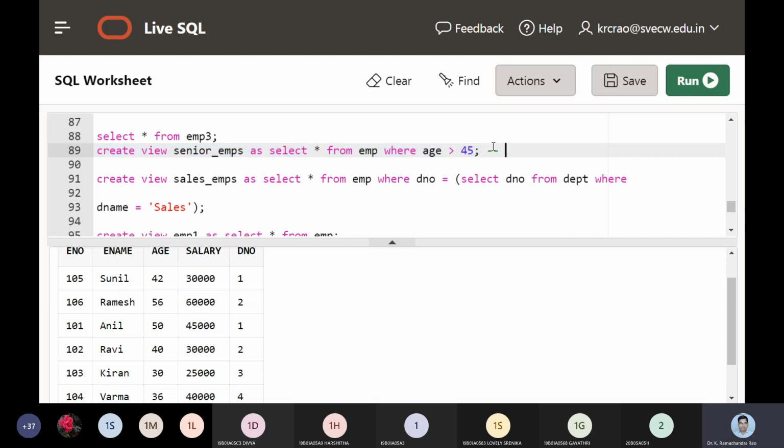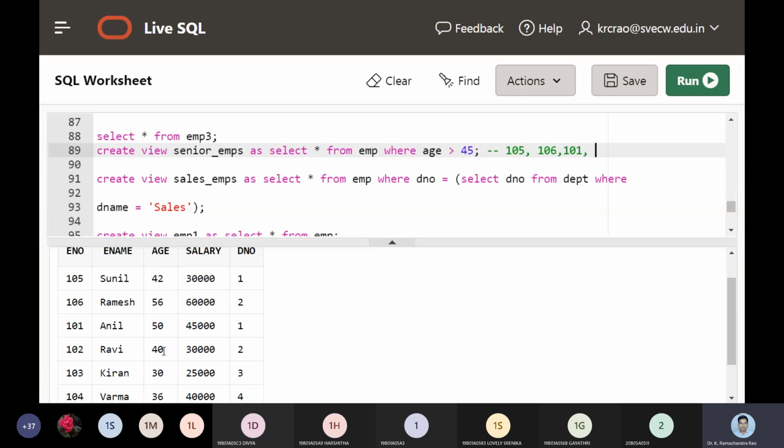Now you can see here 42 is there, that is the 105 record. Then I have the 56 record, that is 106, Ramesh's record, followed by the age greater than 42, it is Anil's record, so I get 101.